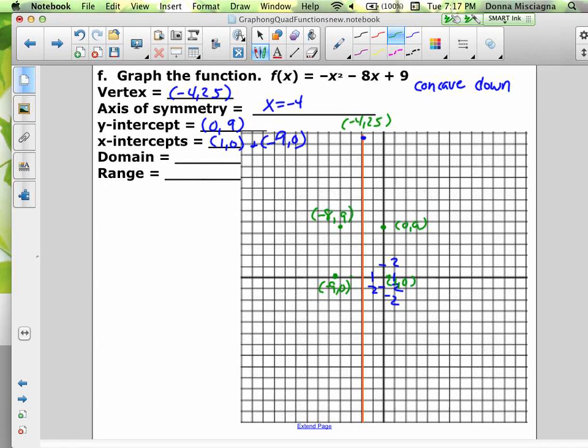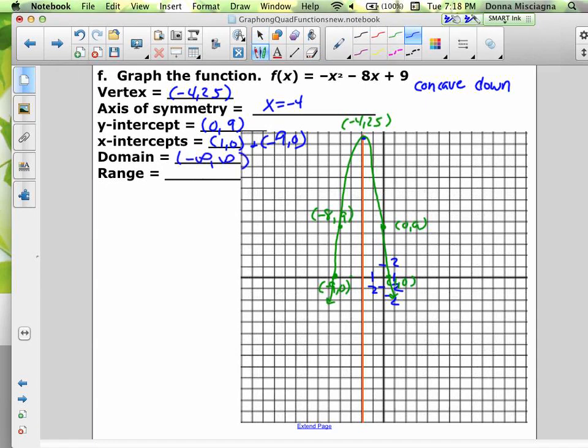And now we have all the points we need. So let's connect. And we know it's got to be facing concave down, so it's facing down. And our last point's right there. And that's it. We're done. Half hour later. Our domain, and the domain of every single quadratic function,